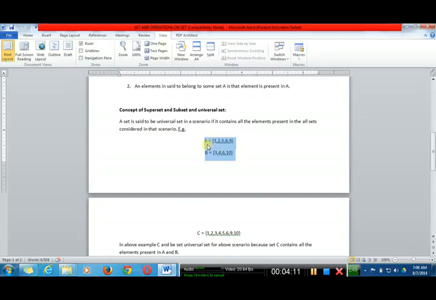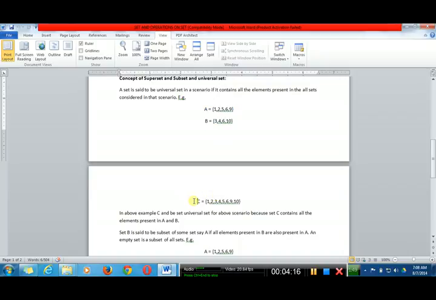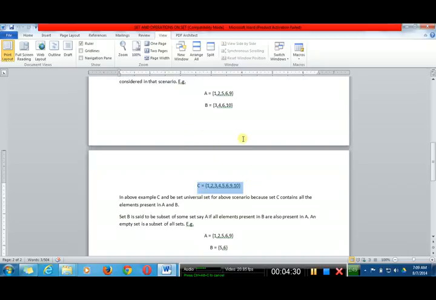For example, you have sets A and B. For these two sets, the universal set could be this, and universal set could be C. If you add one more element to this, then again that could form a universal set for A and B. So universal set is not universal.